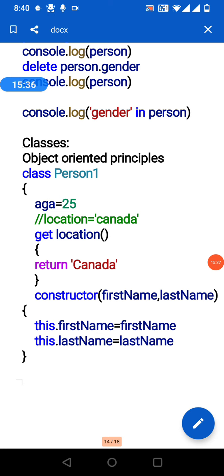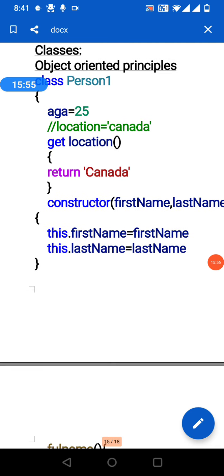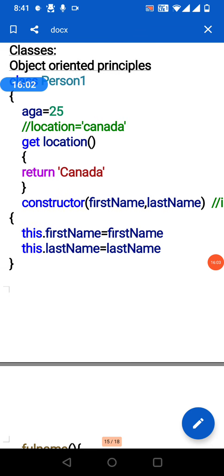Next is class, object oriented principles. So here we create a class file, class person, age equal to 25, a variable declaration, the variable and then the value. Get location returns Kannada. So this is the method, and then for the class we can initialize with a constructor: first name comma last name.